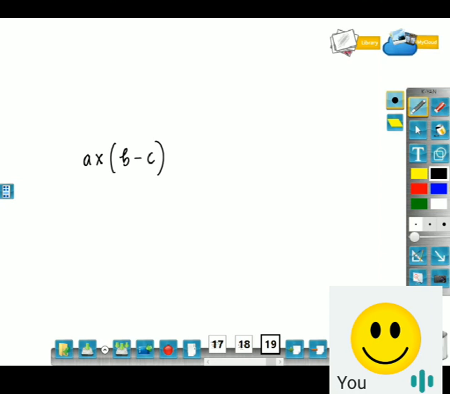So A into (B minus C) is equal to A into B minus A into C. A we have to multiply with B, again we have to multiply A with C also. Okay, so the remaining part we'll discuss